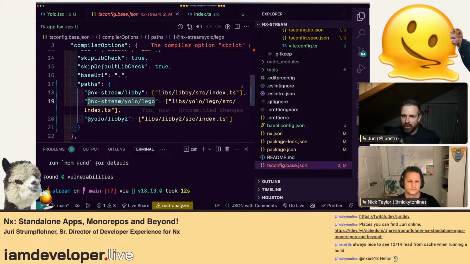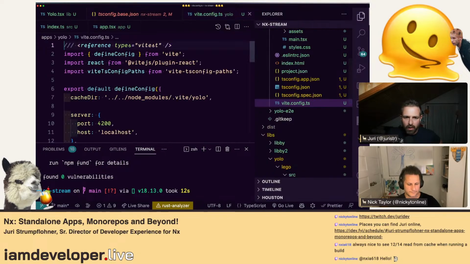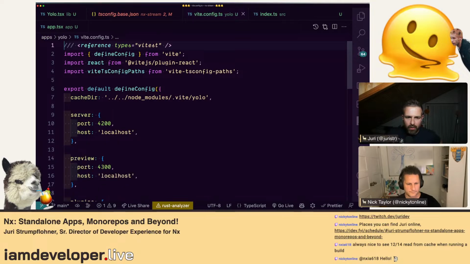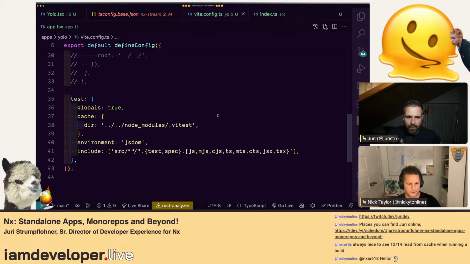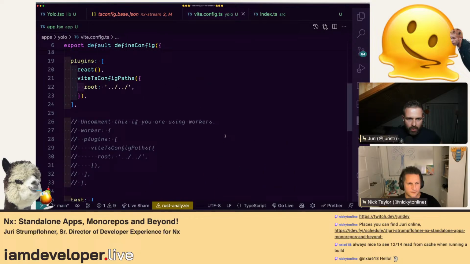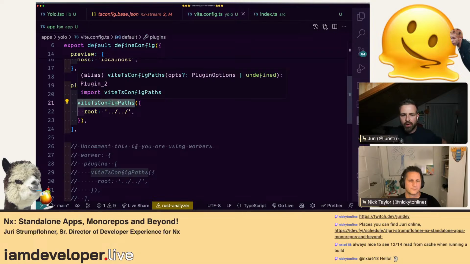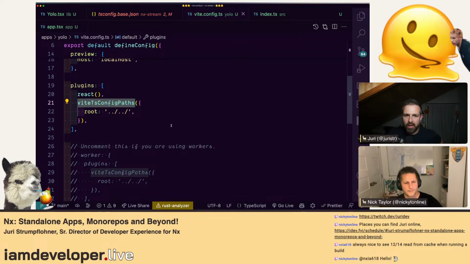I think for the Vite config, if you open it up in the YOLO app, there should be, let's see, if you scroll a bit down. Okay, so here. This is the task config. This is just for workers. Here, the Vite TS config paths. I think this one is the one that reads it in, because we collaborated with the Vite team on this specific part to optimize it, where you can read in such tsconfig paths.